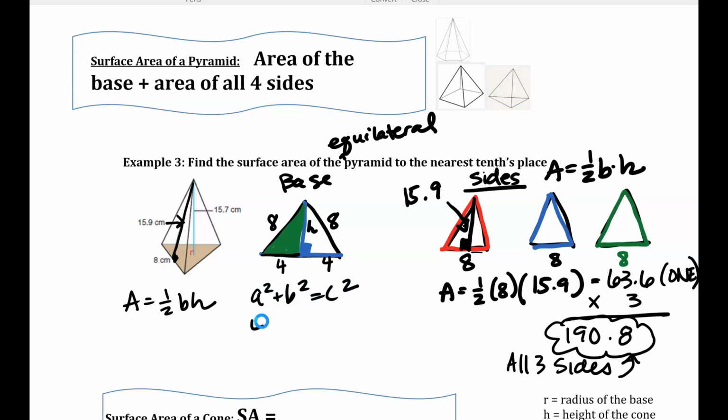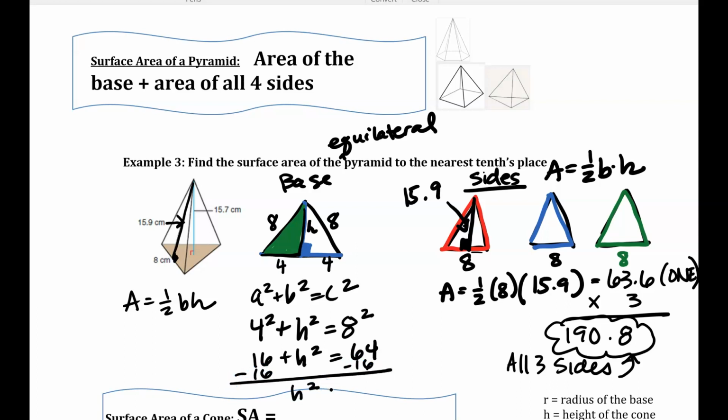So 4 squared plus the height squared equals 8 squared. So 16 plus h squared equals 64. You're going to take away 16 from both sides. h squared is equal to 48. And then you're going to take the square root of both sides. And then if you take the square root of 48, you get approximately